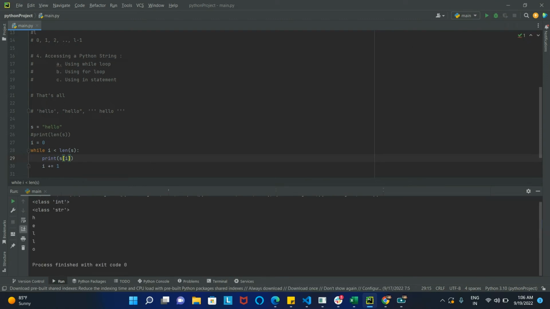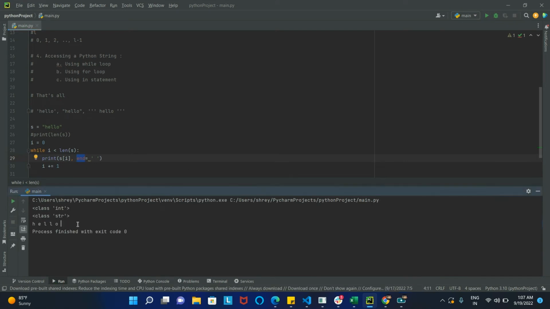Okay. Hello. I don't want this to come in the new line, so I will just write the end statement. Okay. Hello. That's correct. Okay, so now this is one way. Of course, if you want to traverse a particular string in the reverse order, we can also do this. But the only thing we have to do is change the condition and modify the initial value of I,